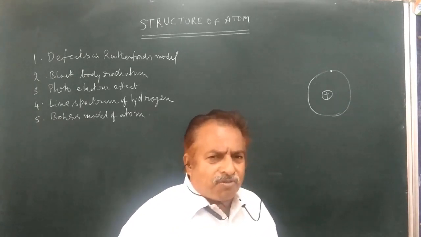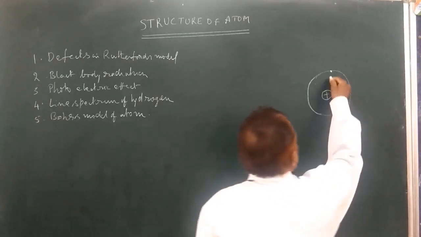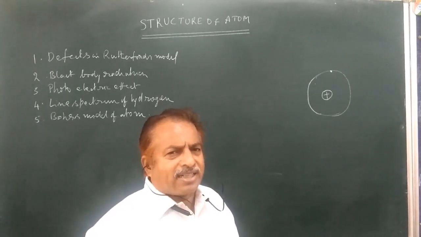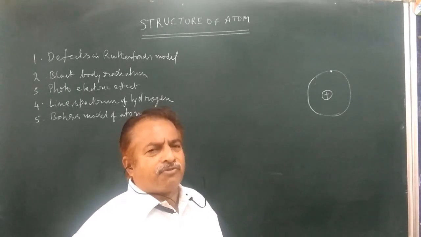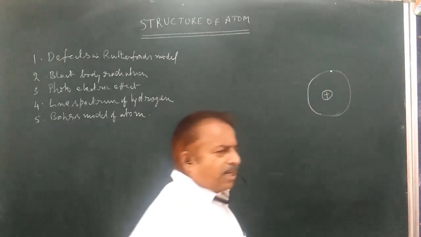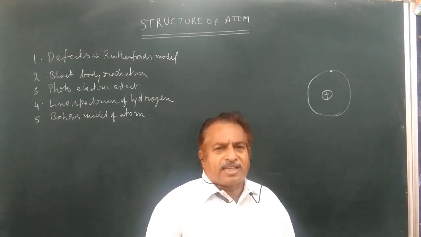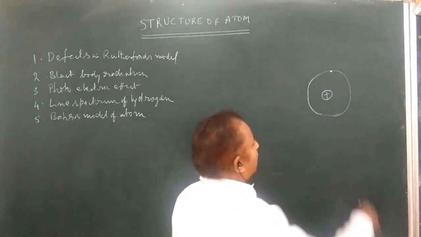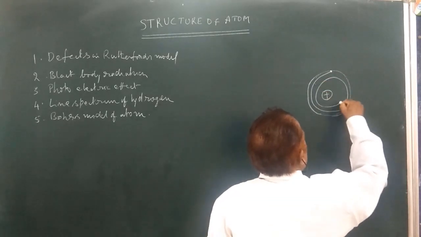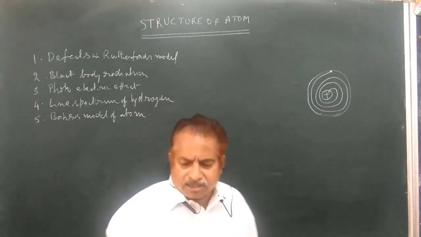That means, as the electron revolves around the nucleus, it is under acceleration. So, according to Maxwell's electromagnetic theory, it loses energy, and therefore falls under the attractive force of the nucleus. Thus, as it falls under the attractive force of the nucleus, it loses energy continuously. As the electron loses energy continuously, it revolves like a spiral spring, and gradually it comes closer towards the nucleus and falls into the nucleus.